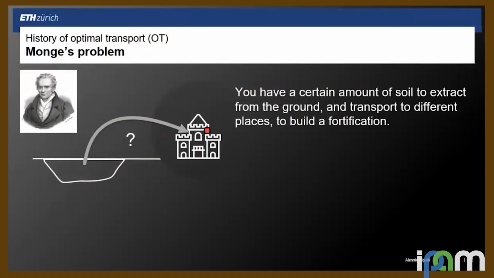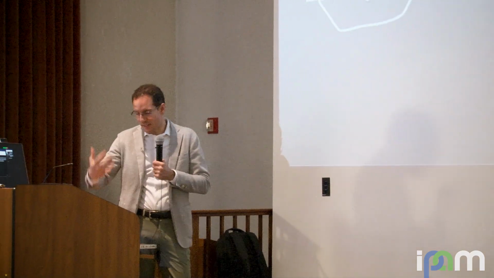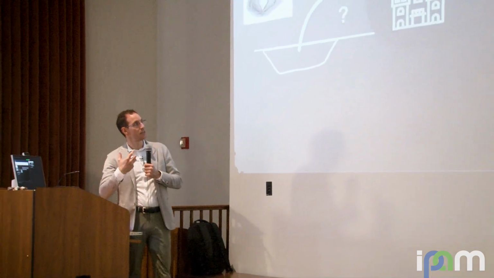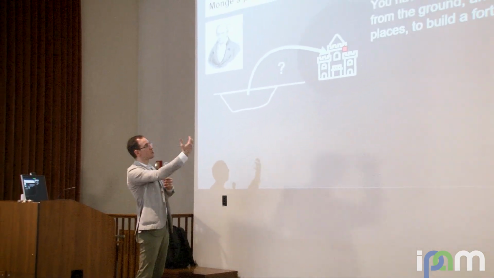So you have a certain amount of material that you extract from the ground that you want to use to build fortifications. And essentially you want to do this in an optimal way. What does it mean to do it in an optimal way? The idea is that if I want to transport material, there will be a cost associated to transporting. It could be workforce, because people have to do it. Maybe I have to pay people, it depends. But in any case, there will be a cost. And then once I decide the cost, I can ask myself, can I transport the material in the